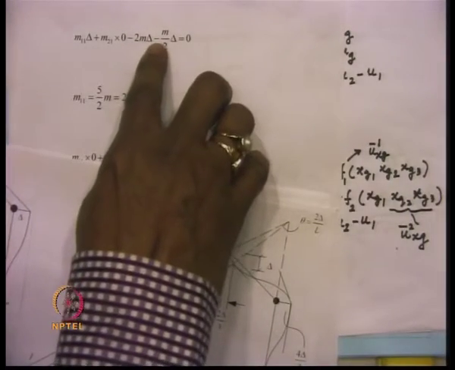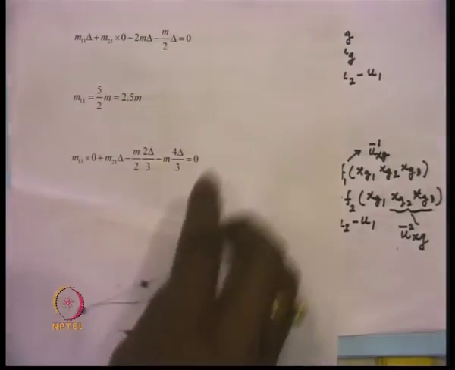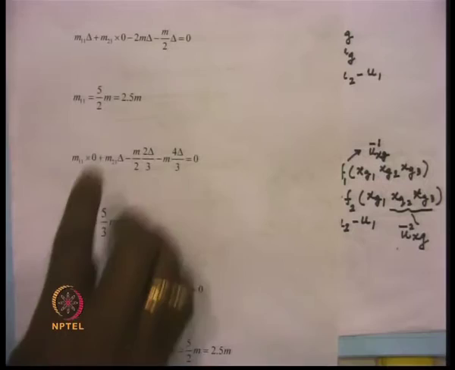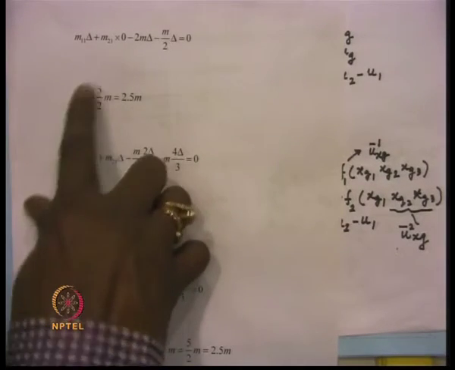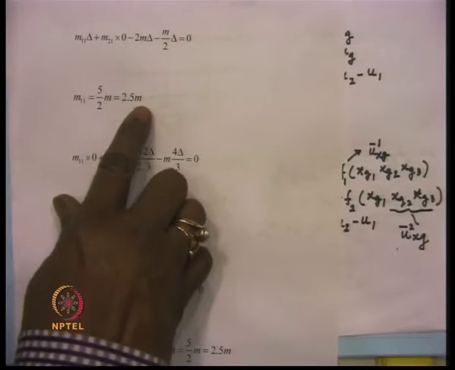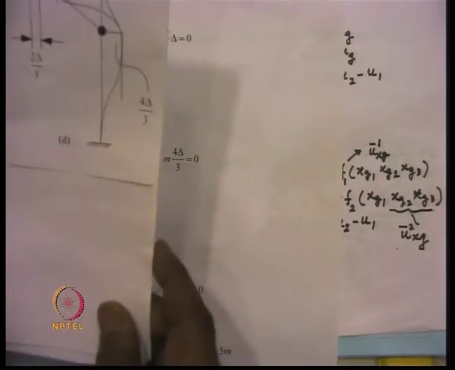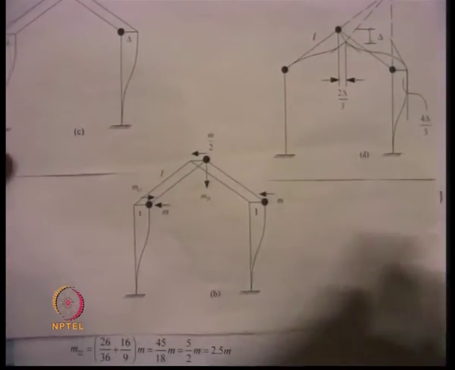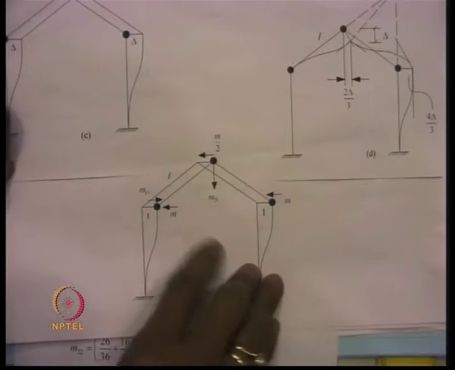Again we write down minus m by 2 into delta, and that becomes equal to 0, and from there one can derive m11 to be equal to 2.5 m, which we got also in the previous case. In order to obtain the m21,